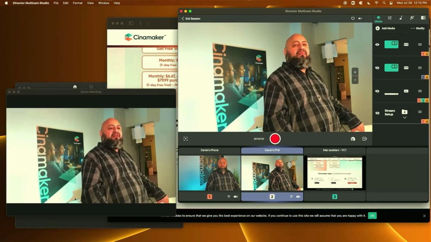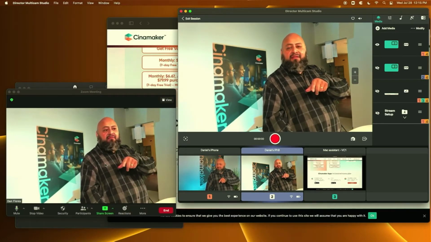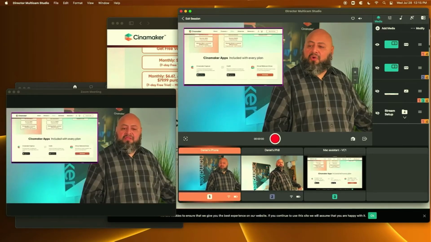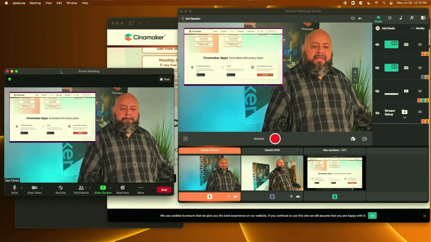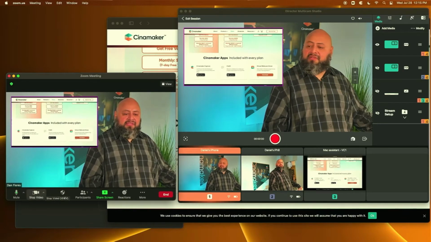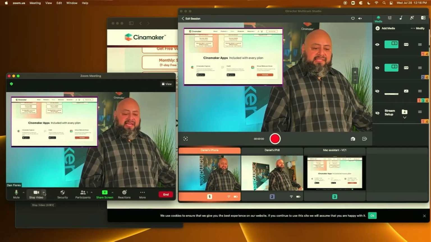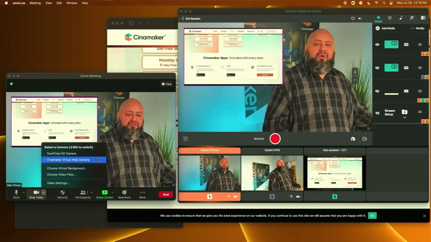So I can go from here to here, and on the screen, you'll notice Zoom has changed. It's showing exactly the camera angle that I'm sharing. So how do we make that happen, Dan? Well, if you look over our video settings, you'll notice that I had selected Cinamaker Virtual Webcam.